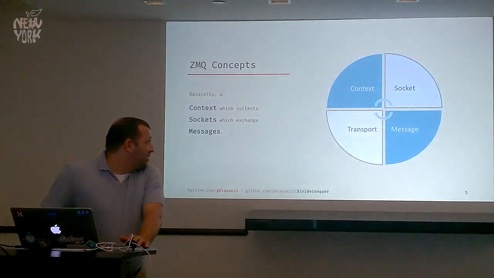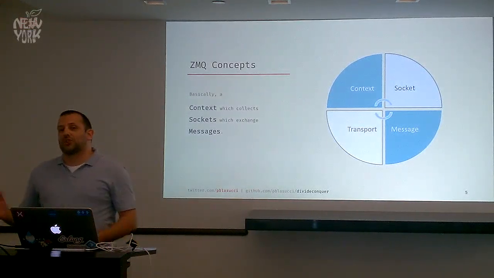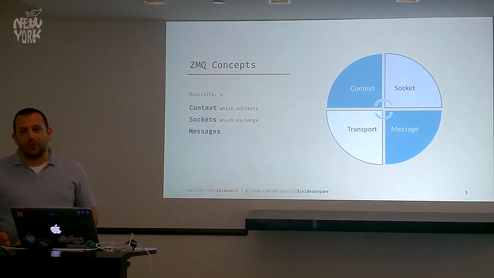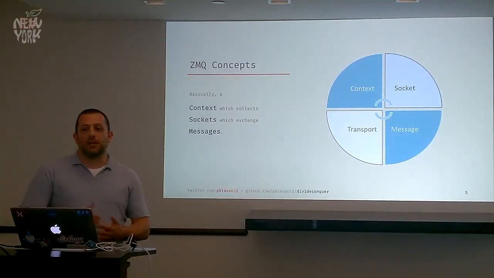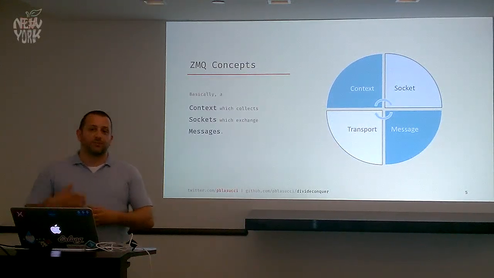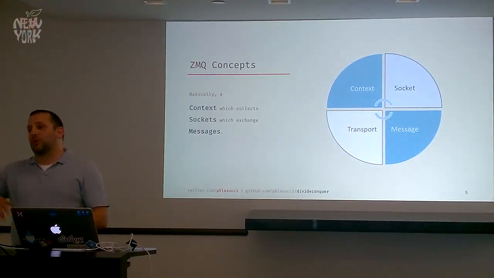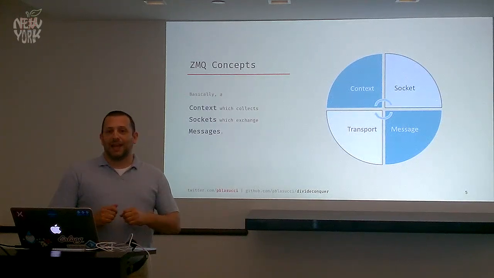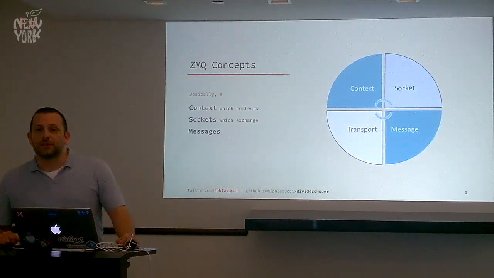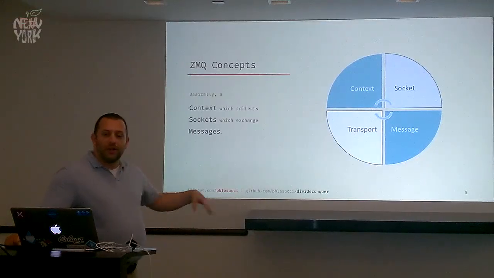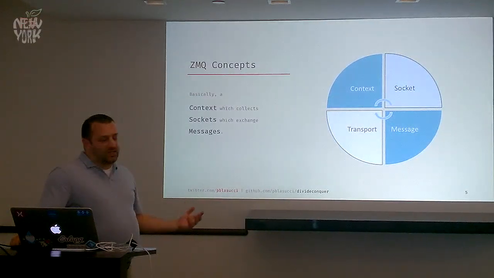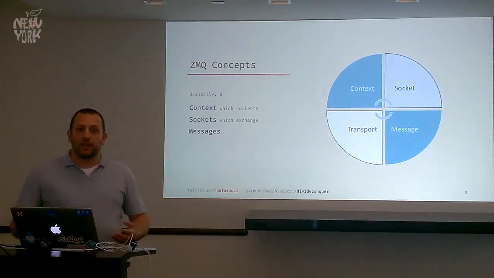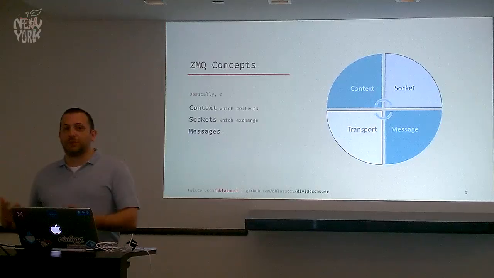The last thing, a less interesting detail: ZeroMQ abstracts over transports. There are some cases where this abstraction breaks down, but for the most part, you'll write the same code whether it's going over TCP or named pipes, or purely in process for multiple threads, or over NORM or EPGM or what have you. Generally speaking, you'll change your connection string, and other than that, the rest of your code is the same. It's not a huge issue, but you have to keep it in the back of your mind because, depending on what transport you're using, your infrastructure has to support it, and you might debug things a little differently if you're going over TCP than if you're using PGM.